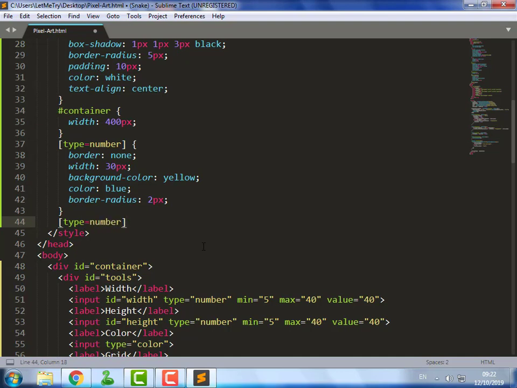Now we need to hide the spin buttons of the inputs.